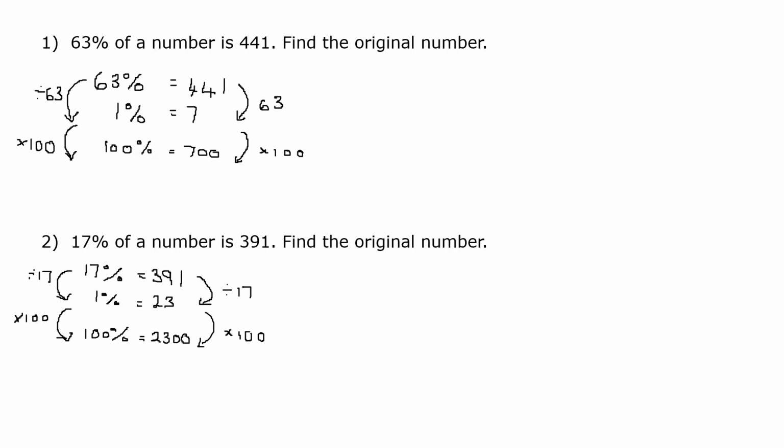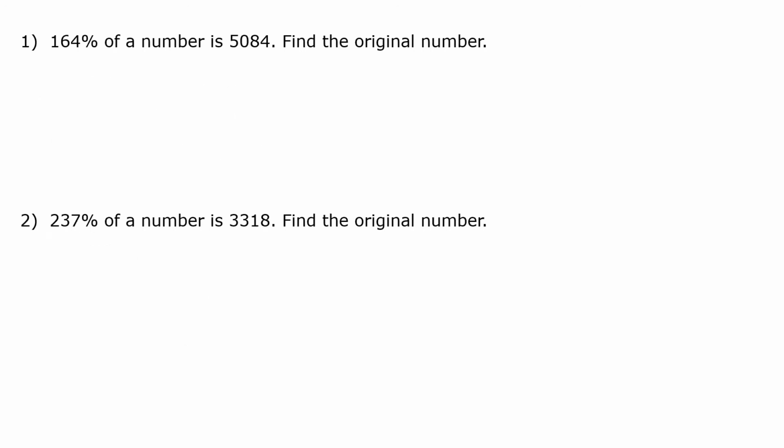So your basic rule for this is if you're given a percentage of a number and the amount that it's equal to, you divide by the percentage to find 1% and then multiply by 100, and that will give you the original number. So now let's have a look at a couple of examples where our given percentage is greater than 100%. So our first question, we're given that